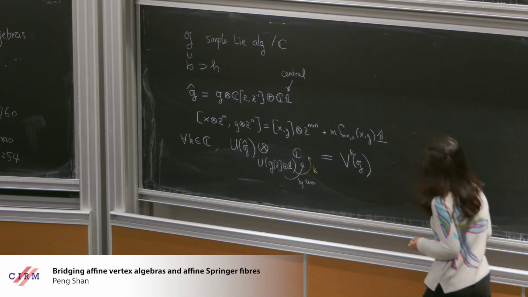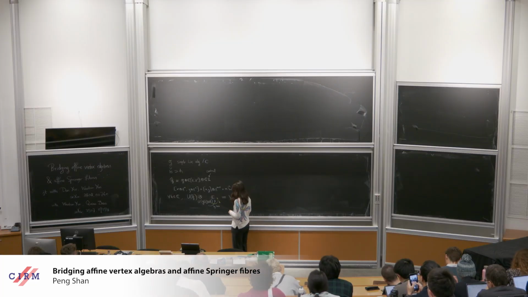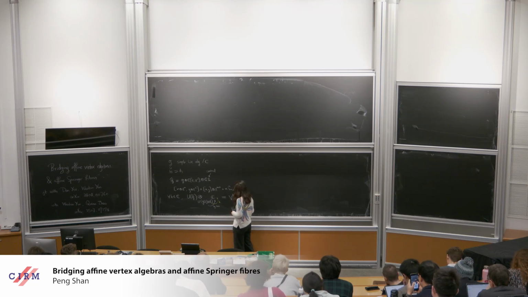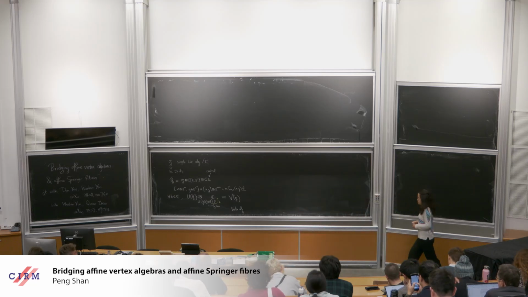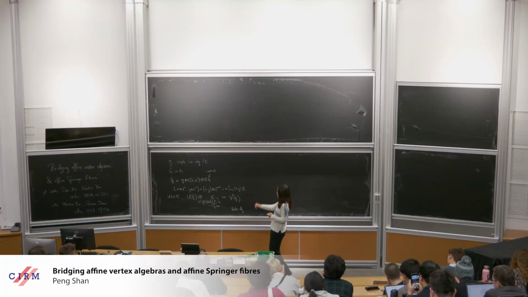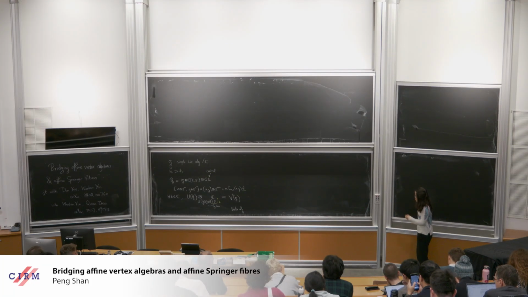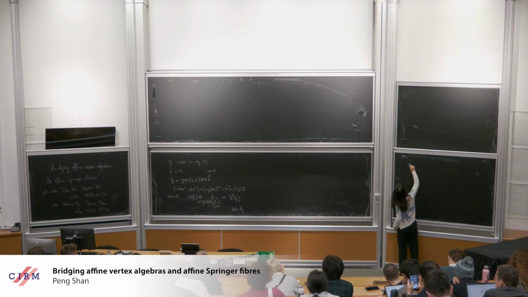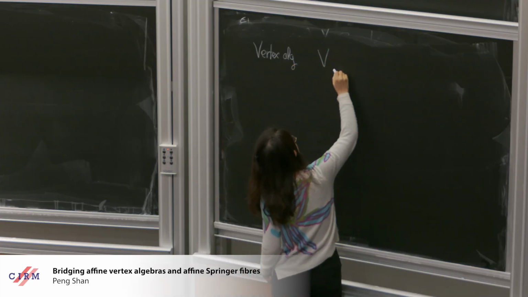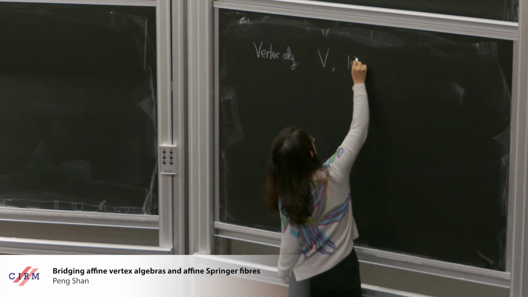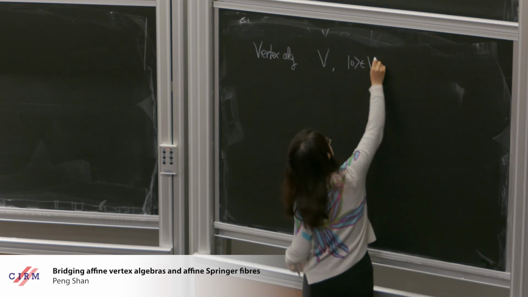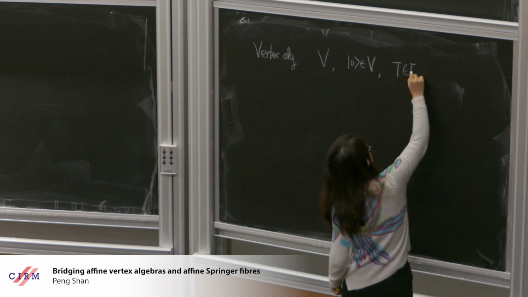It turns out this space has the structure of a vertex algebra. I will not go into much detail on vertex algebras, as you will see later that my talk is more concentrated on representations of the affine algebra. But nevertheless, I want to say a few words to give you a sense of what structure this is. A vertex algebra is the data of a vector space V, a vacuum vector, which is just a vector in V, and a translation operator